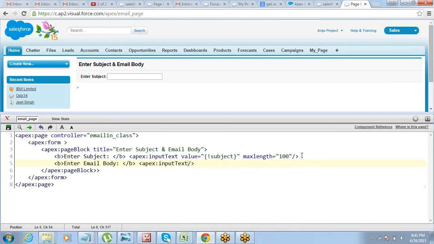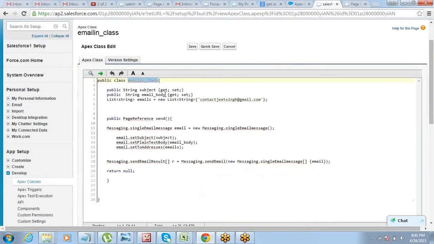So email body also I can make it input text. Value can be, what's the name of this? Email body.